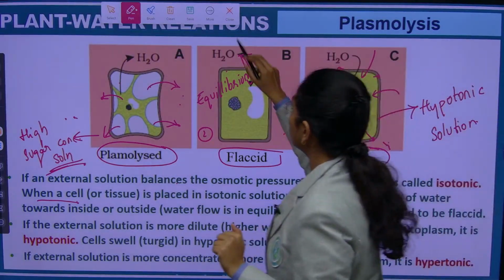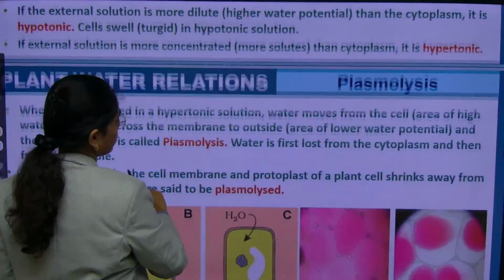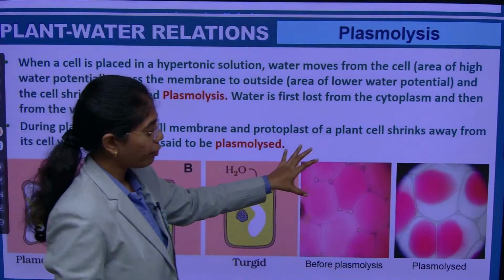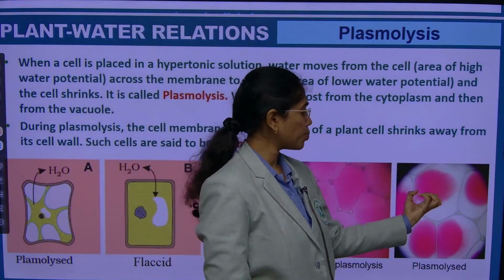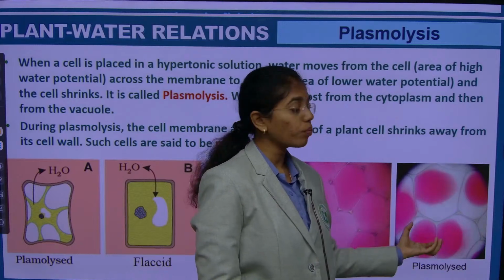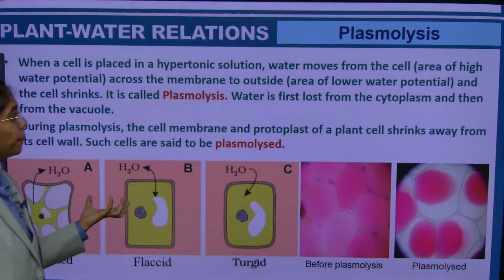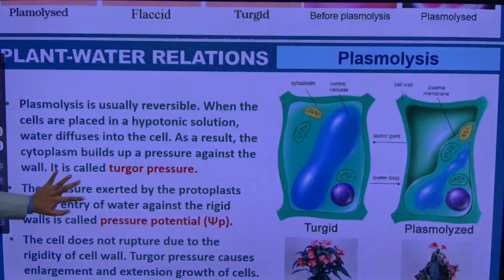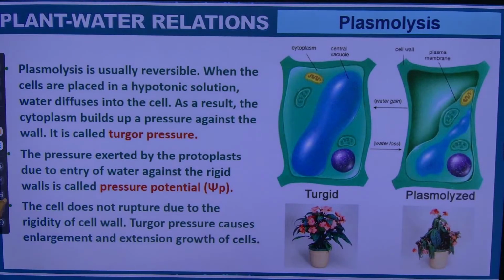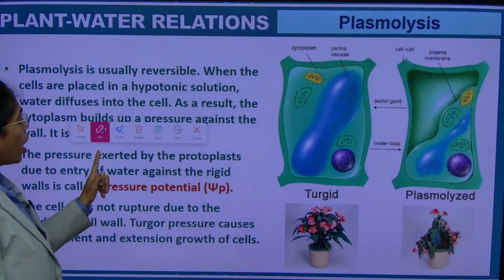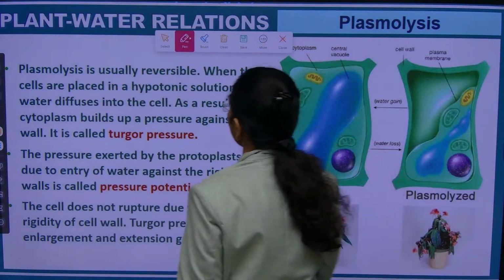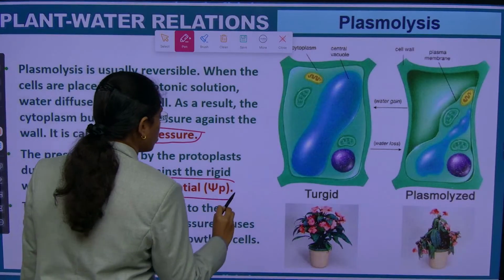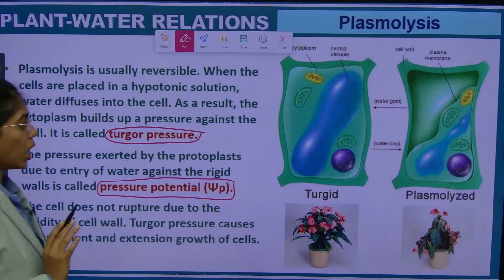Fine. Now, here you can see the microscopic view before plasmolysis, and once a cell is plasmolyzed, how the cell shrinks away from the cell wall. Clear? Now, about turgor pressure and pressure potential. Turgor pressure or pressure potential can be used as synonyms. Because, listen here,